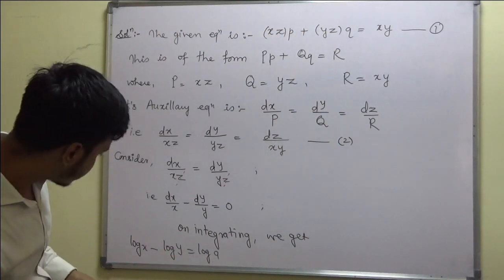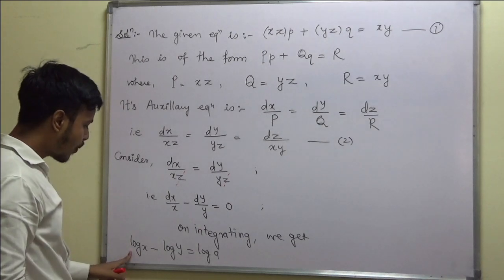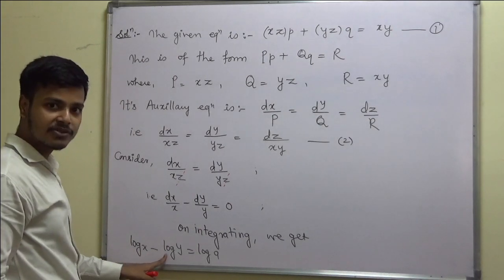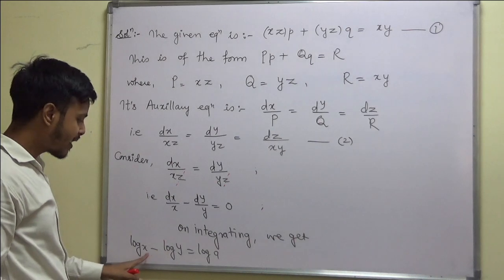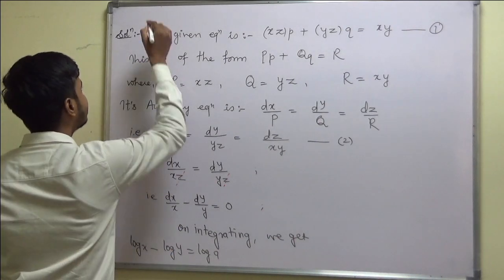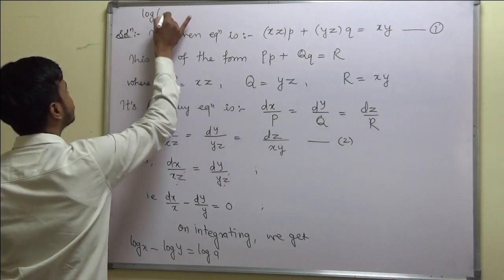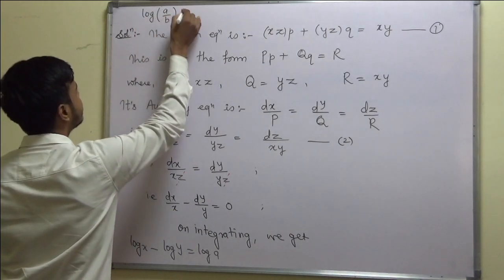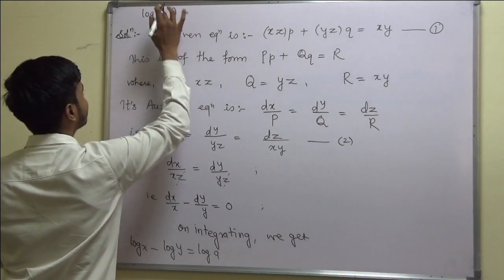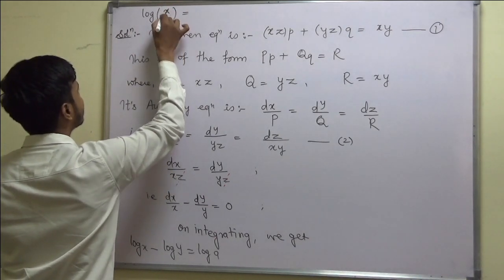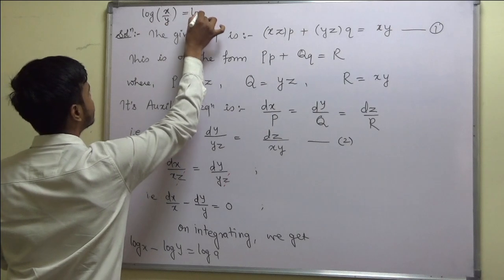You can solve this further to get log x minus log y. So that is the formula: log a minus log b is log of a by b. So log of a by b, that is log of x by y, is equal to log